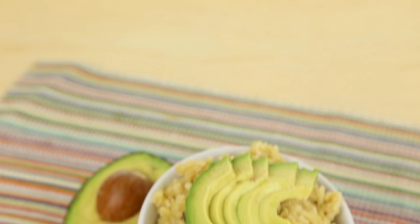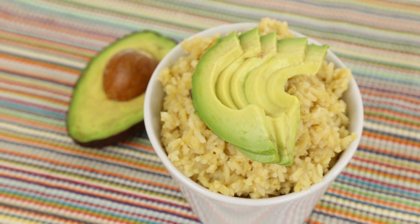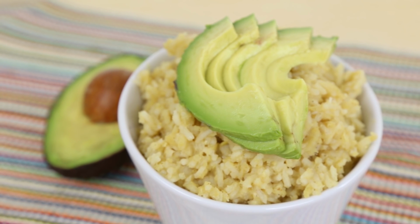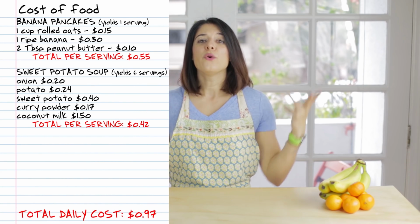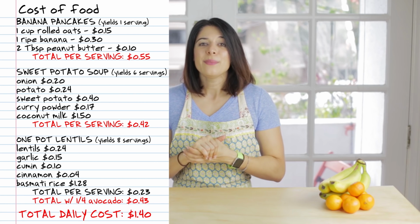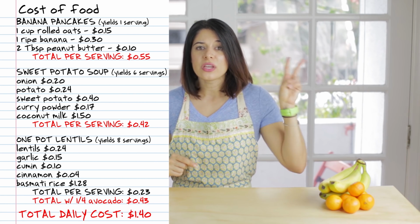Voila! Look how yummy! A delicious and filling 1-pot dinner, and to add a little bit of extra flavor, I am topping it off with avocado. And the final price of our dinner meal is 43 cents, meaning we are at $1.40, but I am actually going to give you a second serving of dinner,